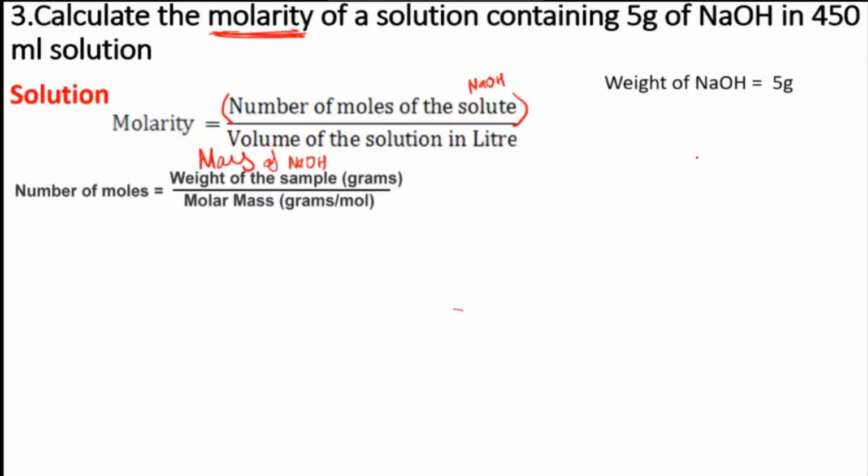This you need to calculate. I've told you every time, molar mass may not be given to you if it is a simple compound. You need to calculate that. Now, sodium hydroxide. I'll be asking you a question, you have to reply. What is the molar mass of sodium? Sodium hydroxide has 3 elements, NaOH.